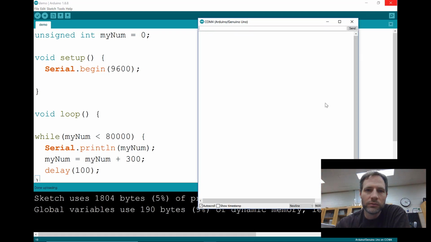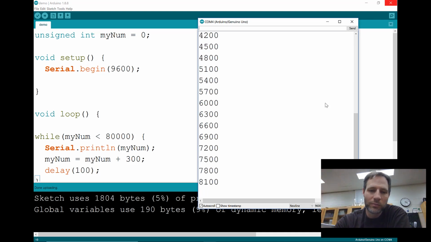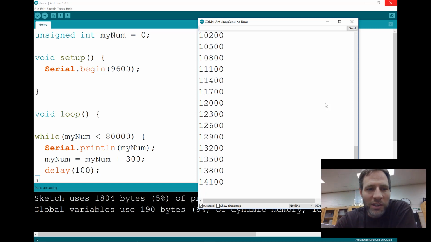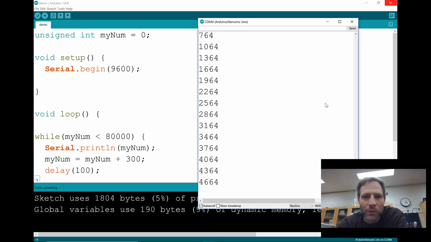Now, I should have made that something more than 300 so it goes quicker. But, so every time through the while loop, my num is increasing by 300 and it's being printed to the serial monitor here. So here we see that since it's an unsigned int, this variable can hold numbers bigger than 32,000 up to 65,000. But we're going to get to there, it overflowed. When it got to around 65,000,